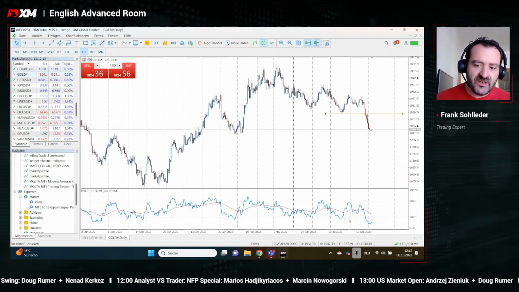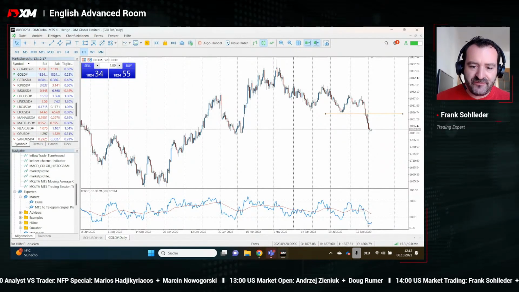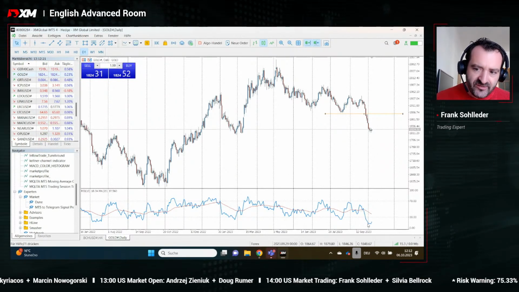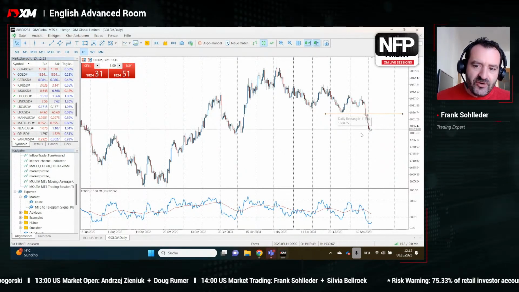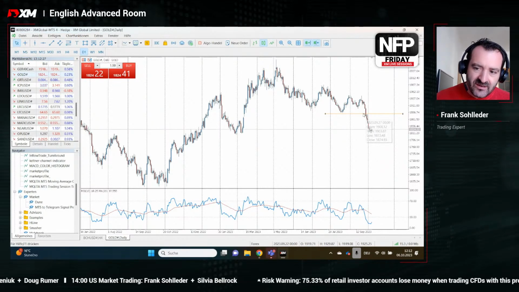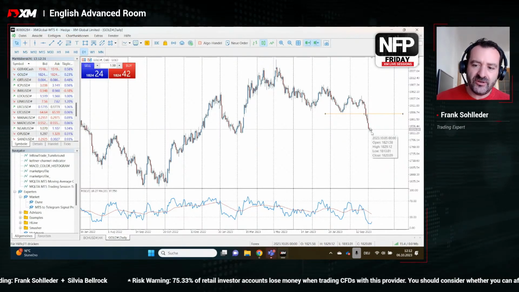Not so much the indication. We don't have a bullish divergence. We see the momentum didn't really fade out of the market yet. We still saw a lower low as well on the RSI. If we would have seen here a higher low on the RSI while making a lower low in the price chart, it would have had a much stronger effect on me.